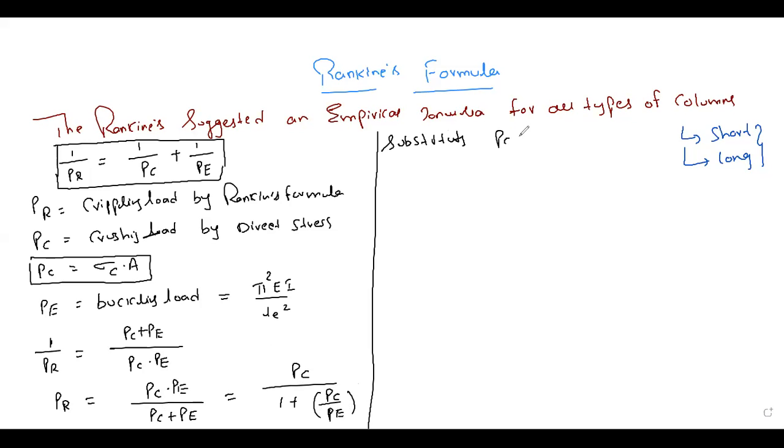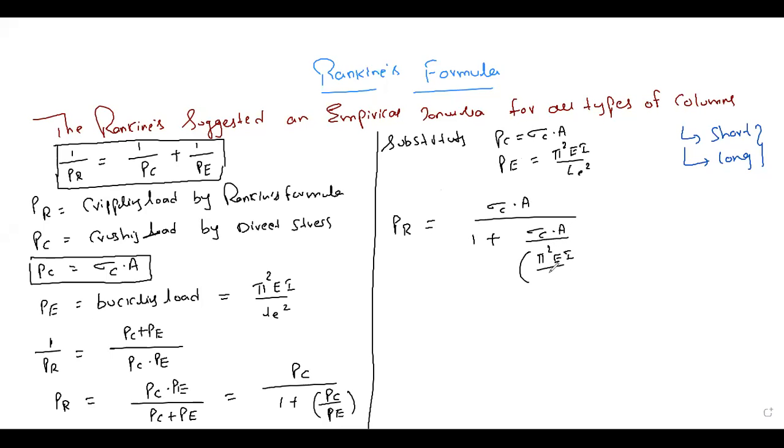Substituting PC is equal to sigma C into A, and PE is equal to pi square EI by L E square. Try to substitute these two values in this. PR is equal to sigma C into A by 1 plus sigma C into A by pi square EI by L E square. Next, sigma C into A by 1 plus sigma C into A